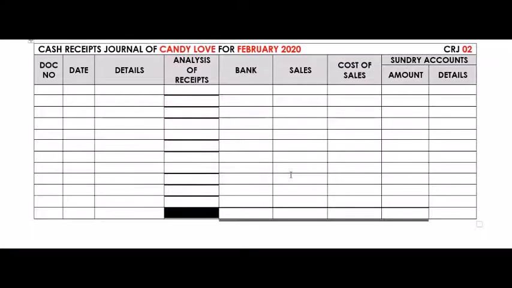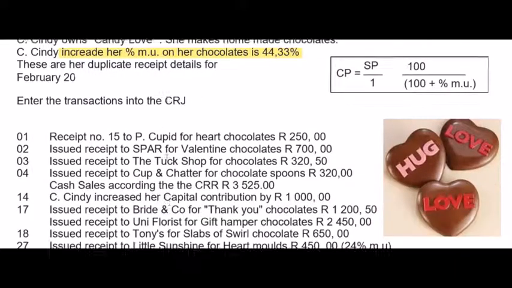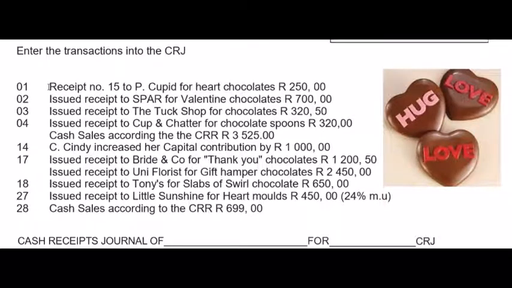So you have to quickly go and give your CRJ a heading. It's the CRJ of Candy Love for February 2020, and because February is the second month of the year, it's CRJ number 2. Now if we look at the transactions, on the first, a receipt number 15 to P Cupid